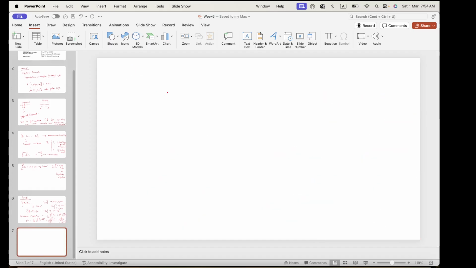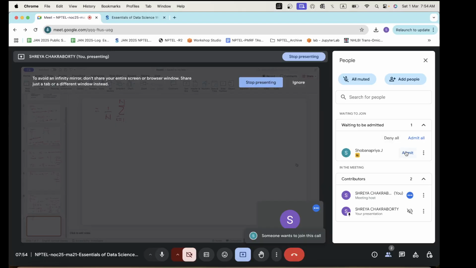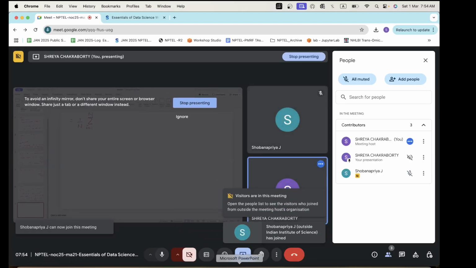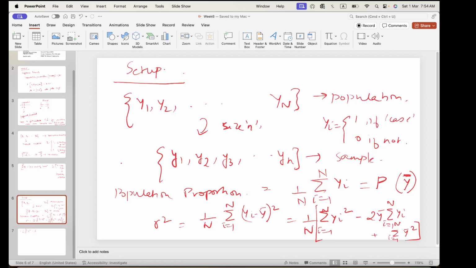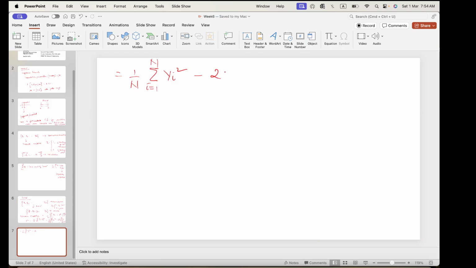So this then becomes 1 by n summation i equal to 1 to n yi square minus 2, this part summation capital yi will be n y bar, and we already had a y bar here, so that would become square,